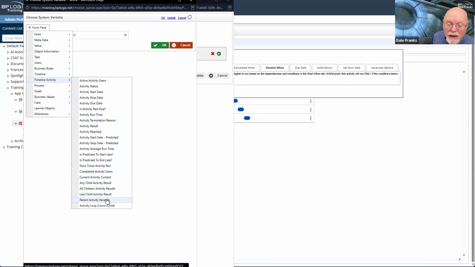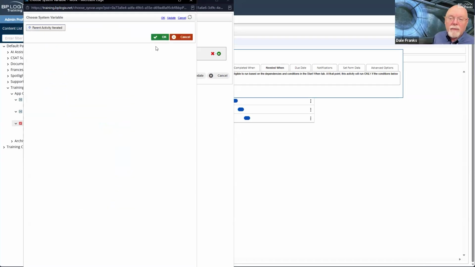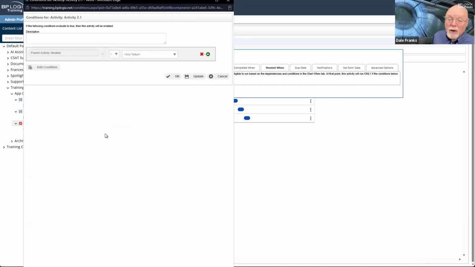Parent activity iterated. Well, I certainly only want it to run when the parent activity has iterated. It has to have iterated at least once. So I don't want it to fall into this activity on the very first time I run it.